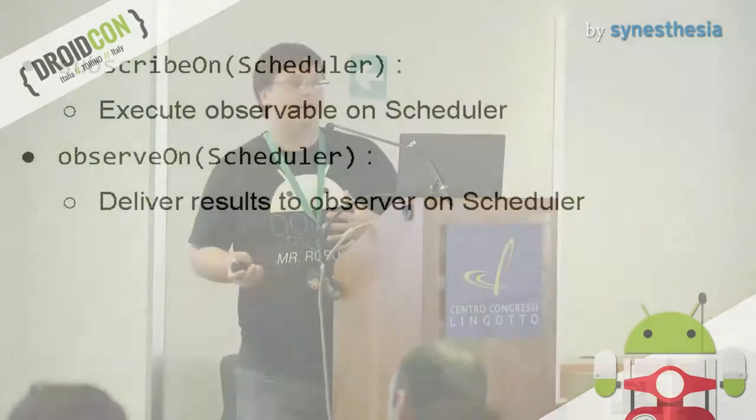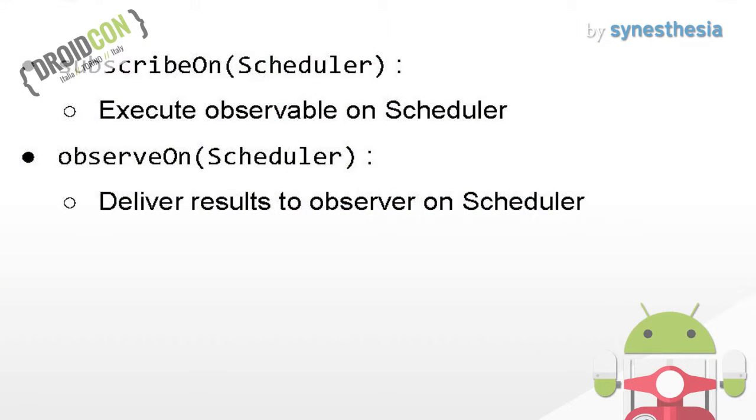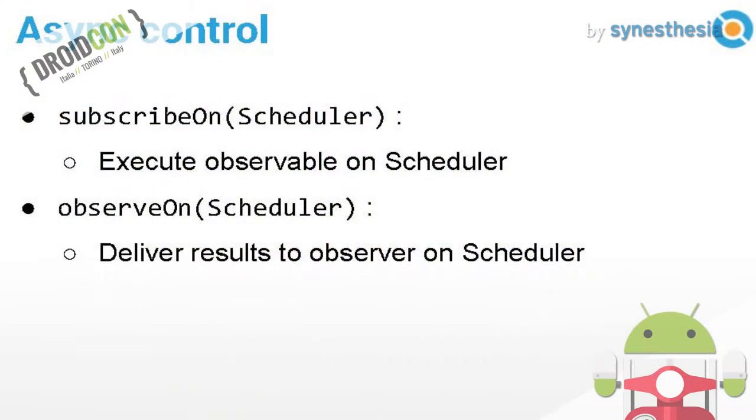The second aspect of RxJava is, as I mentioned, concurrency. And part of concurrency is where do you execute things? Actually really easy. You just say subscribe on and provide a scheduler. And this will define where you execute all your work. All the work in your pipeline is going to be done within that scheduler.